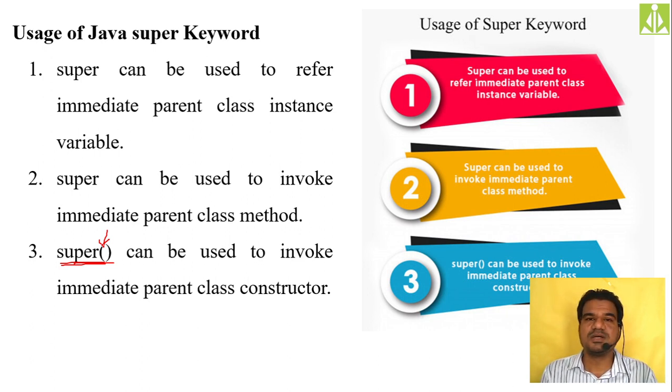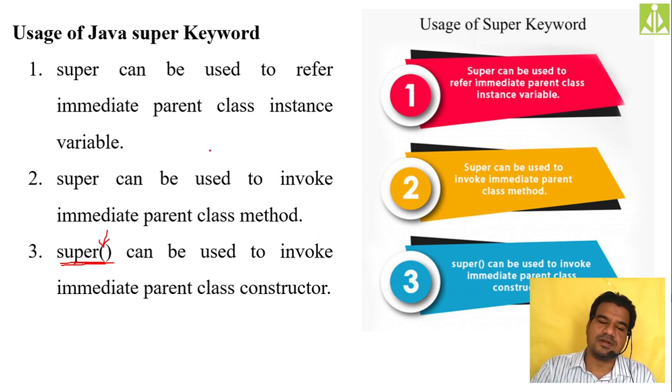Normal variables. Okay, so first of all, the super keyword represents the immediate superclass object within the current class. Using the super keyword, you can even call the immediate parent class methods also. And using super like a method, you can call the immediate superclass constructors also within the current class. These three are the important uses of the super keyword. I have listed 1, 2, 3 over here. You can refer and remember them, and if they ask you to write in exams, you can. Moreover, it is a 2 marks question.